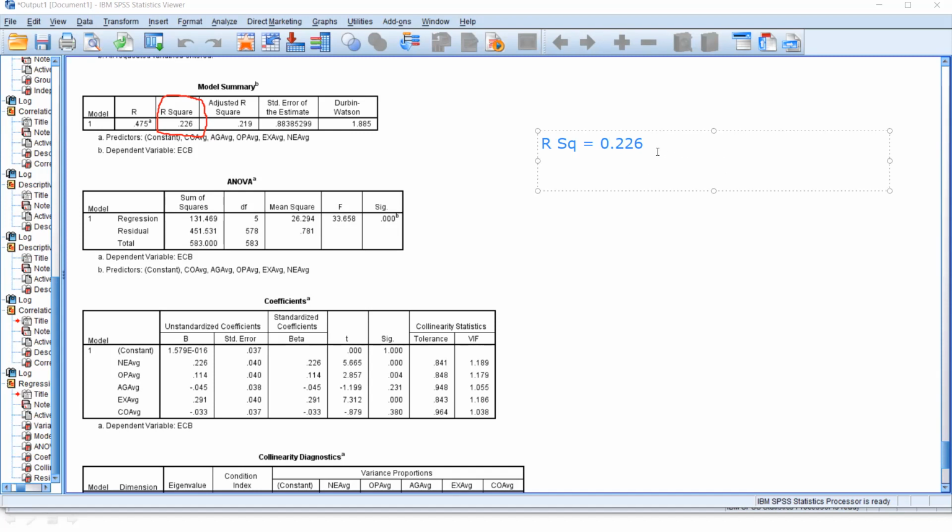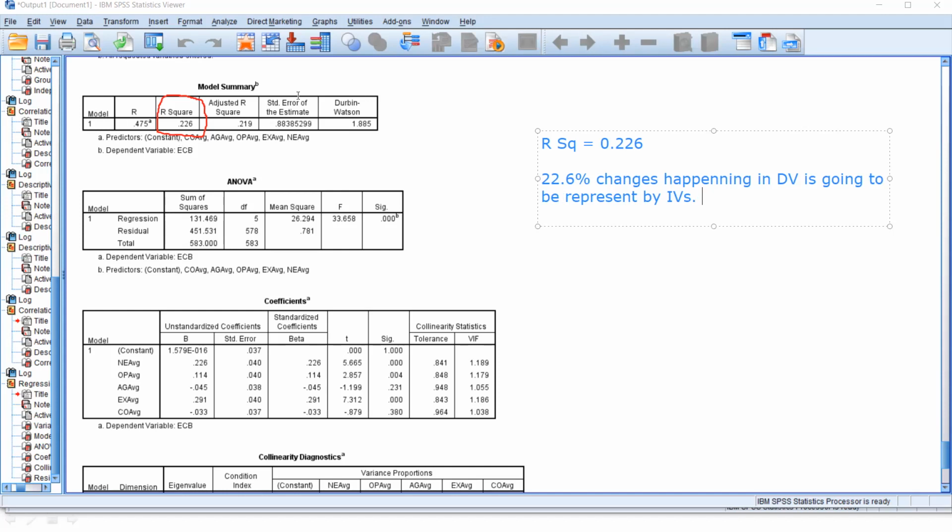That means 22.6% of the changes happening in the dependent variable are going to be represented by your independent variables.